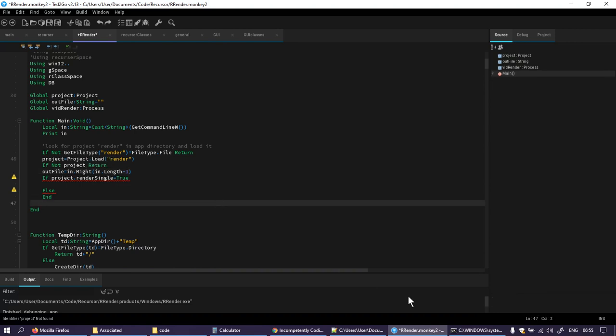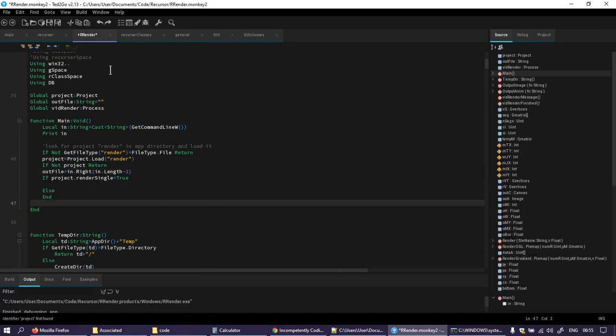But what will it really be? If this is called rrender and I expect a space, yeah, because I will construct the command that way. I expect a space and then just a file name. Then whatever length the thing is, I need to